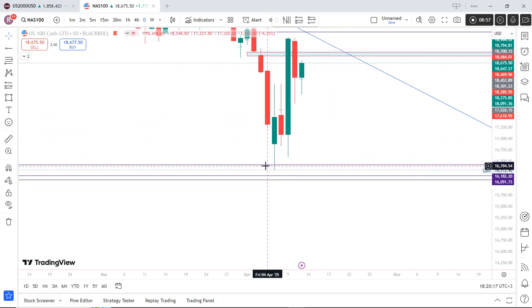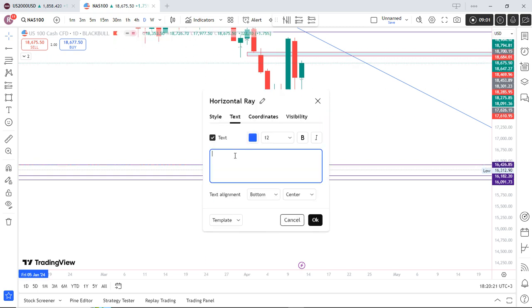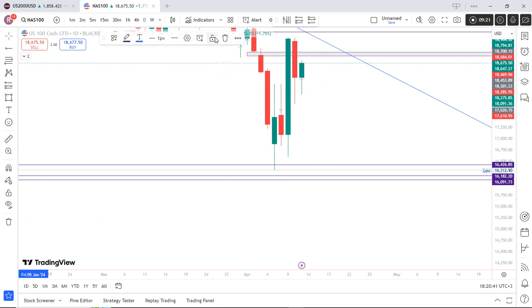This is the bottom of that bullish fair value gap. Let me put, this is the bottom of bullish daily fair value gap. Okay, so it's a very important zone,